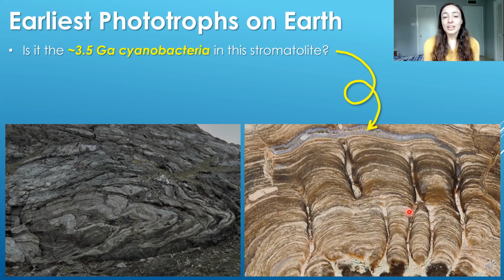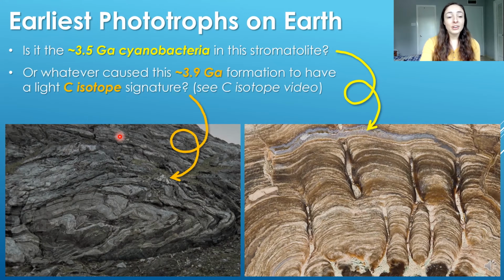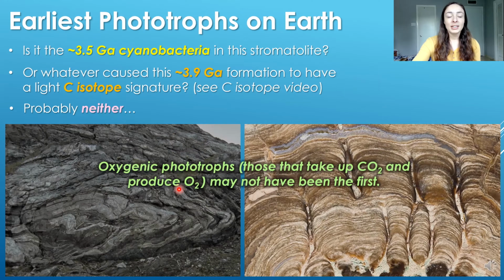So what was the first kind of phototroph? Was it the around 3.5 billion year old cyanobacteria that likely made the stromatolite? Or was it whatever caused this 3.9 billion year old formation to have light carbon isotope signatures? If you want to know how light carbon isotope signatures indicate life, you can watch my carbon isotope video. I'll link it up here if you want to check it out. But actually, the first phototroph was probably neither of these. Well, it might have been whatever caused the light carbon isotope signatures in this rock here,